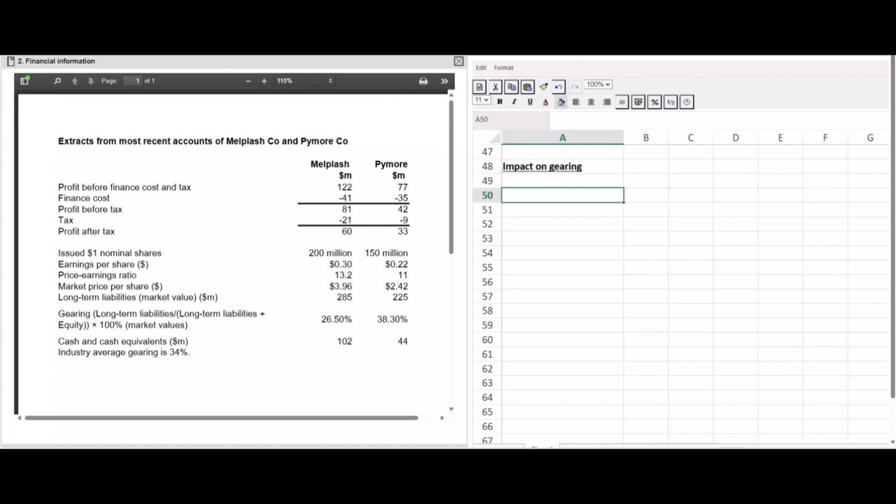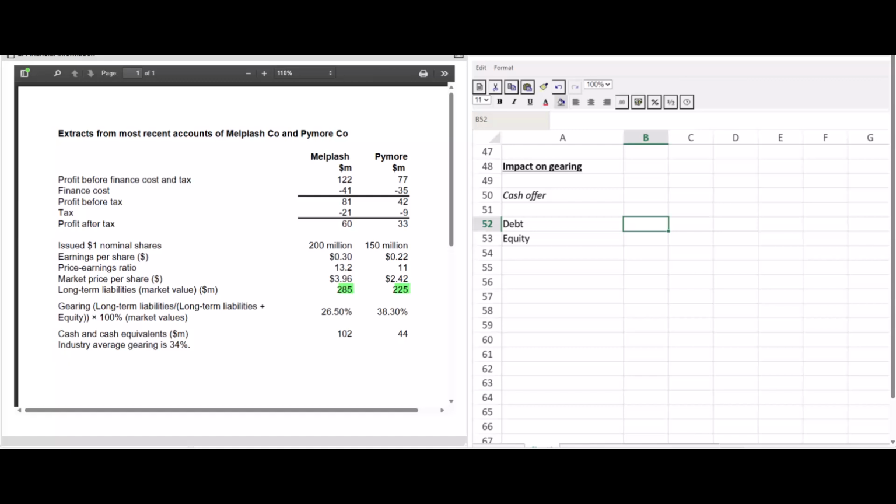Right, now let's think about the impact it would have on gearing under each thing. So again, I'm going to call this the cash offer. So we'll split that out. And when you're doing gearing, it's always good just to label. We're going to need debt and we're going to need equity, aren't we? So we're going to need debt and we're going to need to know the value of equity. So the value of debt in the business if they do the cash offer.